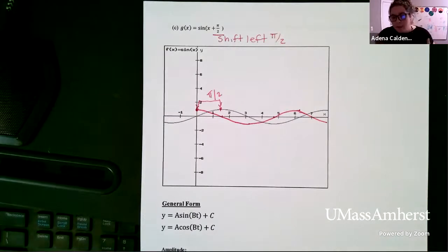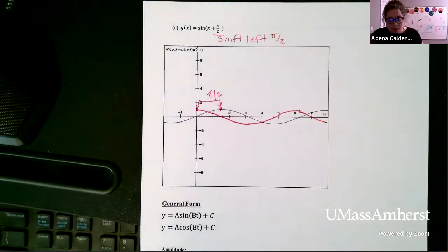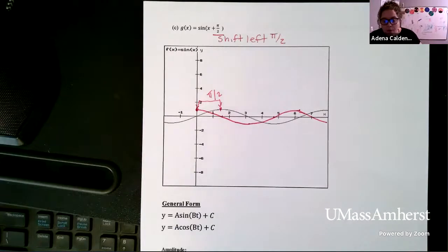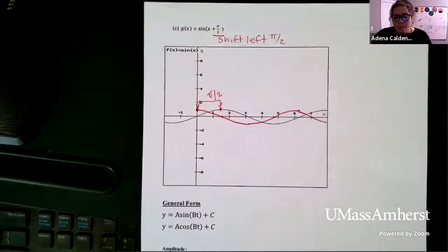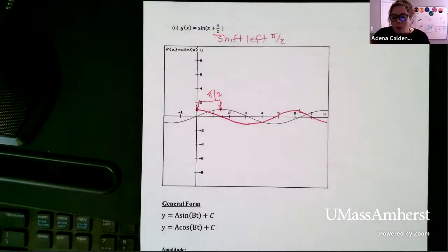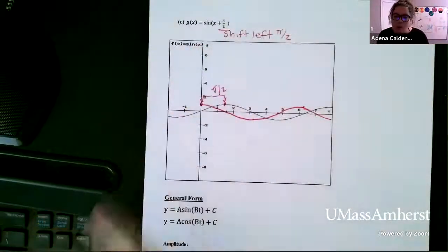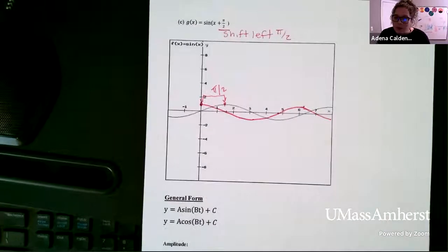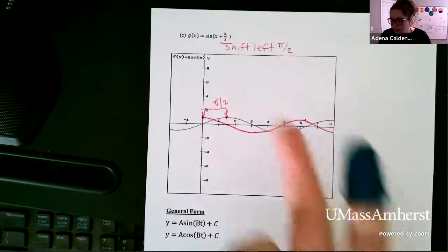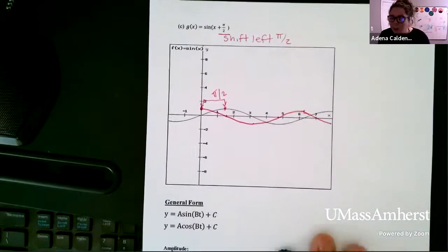Now, that can make some of the work that we're going to do a little confusing, because a lot of what we're going to be doing is trying to figure out how to write a model for a function that we are seeing in terms of sine and cosine. And the reality is when we do that, there's an answer in terms of sine and there's an answer in terms of cosine that would be equal but shifted. So in general, we are not going to be turning sines into cosines by shifting, right? Because if you can shift it, you might as well just call it cosine. But it's important to know that that is how they are related.